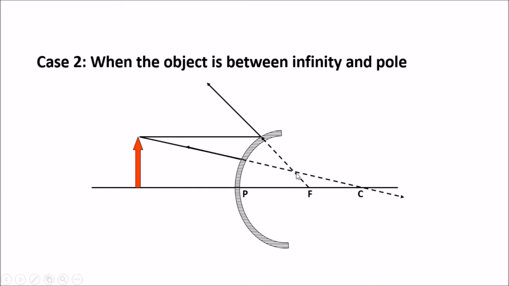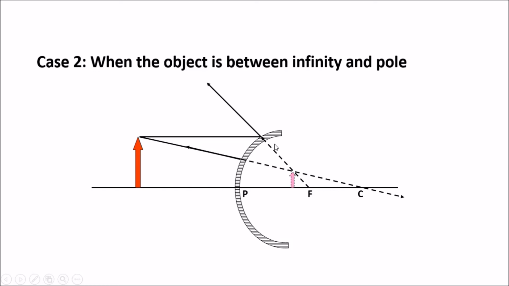and we can observe that these are not the actual rays, these are the rays which we have extended backward, and that's why these are virtual rays. And the virtual rays, where they cross, form a virtual image, and in this case the image is formed at this place. So irrespective of where you keep the object from the pole, even if you keep it here or here, you're going to get the result between P and F only. And that's why we have only one more case apart from object at infinity, the second case, which is object between infinity and pole. So what are the conclusions?